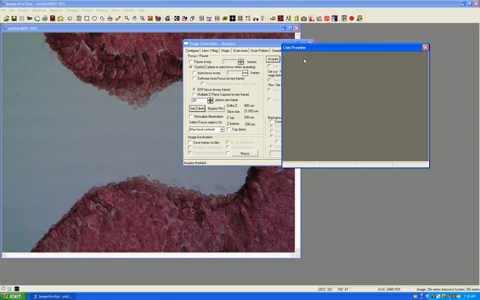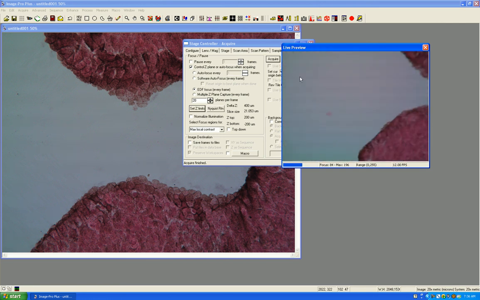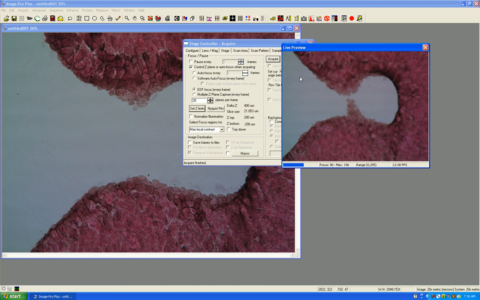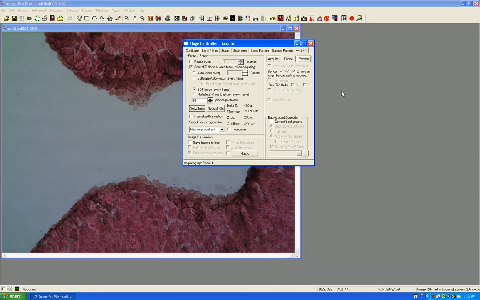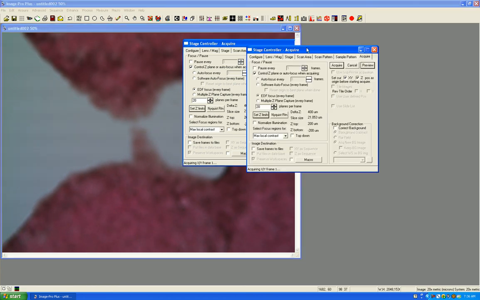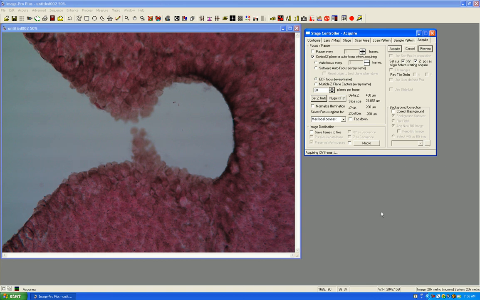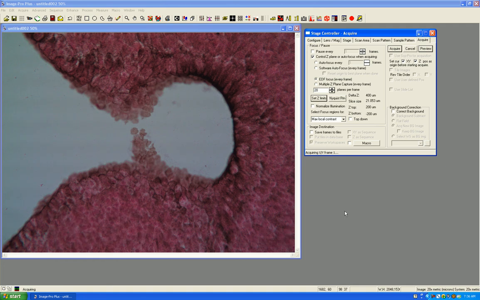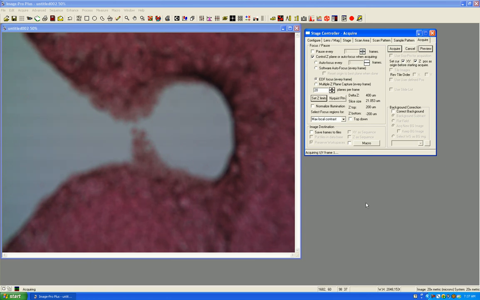If I go to a live preview again, I can now move to another location, and I have another field of view, which again I can focus using the focus knob. I'm going to close this, and now I'm going to acquire a second image. Again, here's the live image, finishing the 20 slices. Once this finishes, I repeat this as many times as you want to acquire the